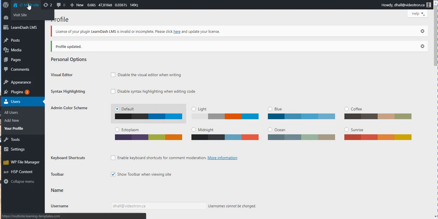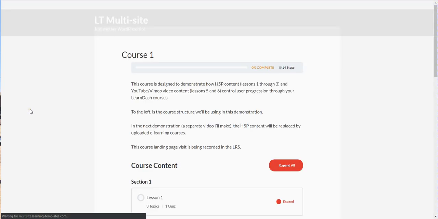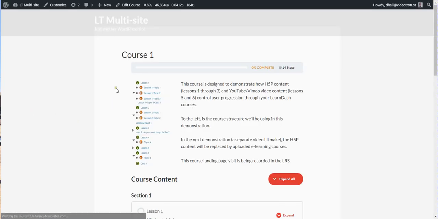Today I'm going to show you the new features of LearnDash xAPI version 1.3.0.0, which is coming out at the end of this coming weekend. The way I'm going to demonstrate it is to show you how H5P and YouTube and Vimeo videos are basically controlling LearnDash progress. Some of these things you've seen before, but some of them are new features